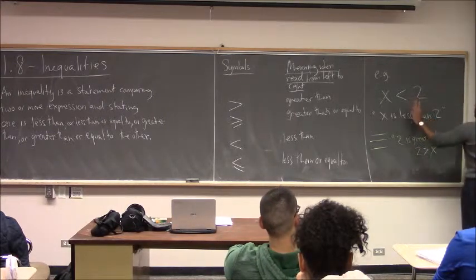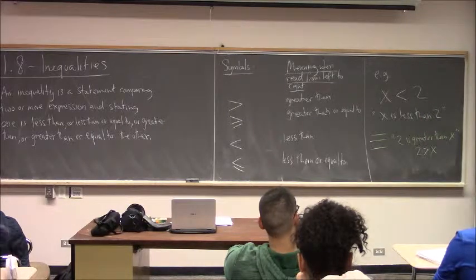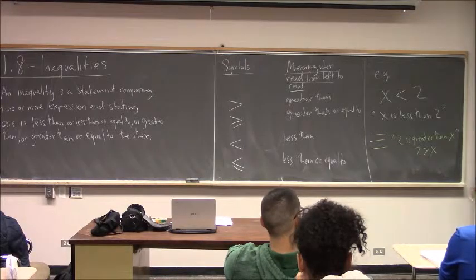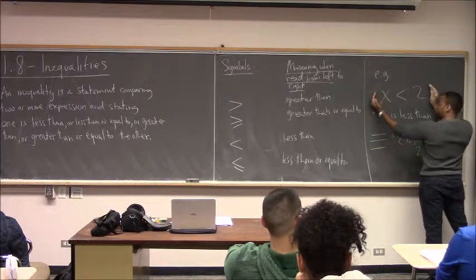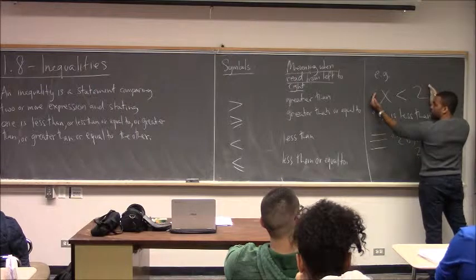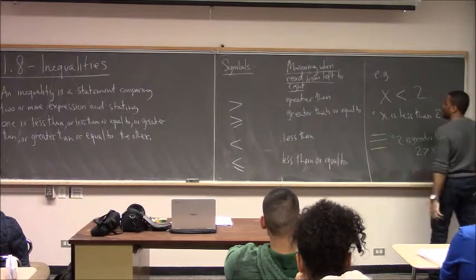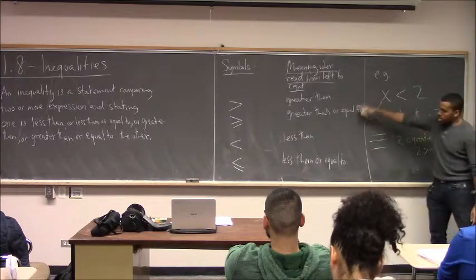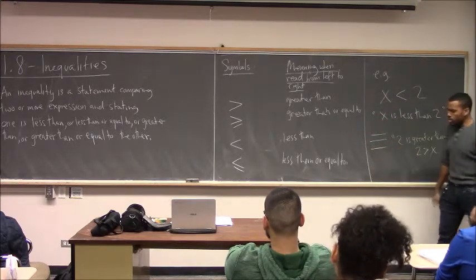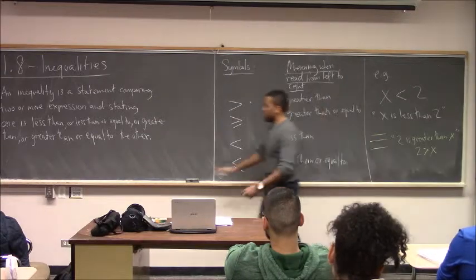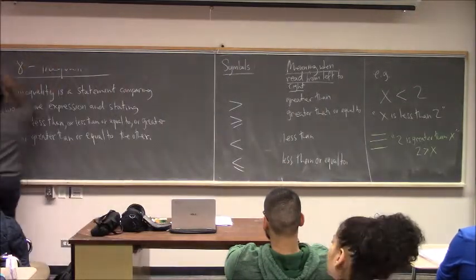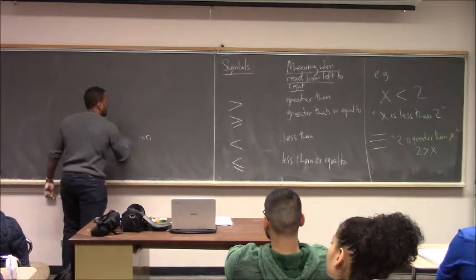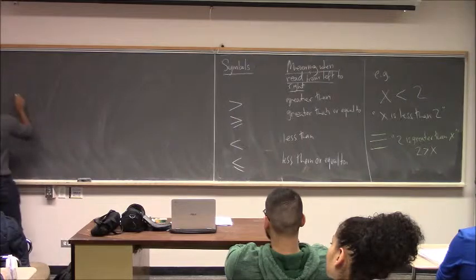So inequalities can be flipped, and in terms of the way they're read, you read them from left to right in that way. But someone seeing this, they can say x is less than 2 or 2 is greater than x, and they'll be correct. Okay? It's just that when you're reading it from left to right on a page, this is the way it should be read. Probably a better way to think of it, just to think more abstractly,